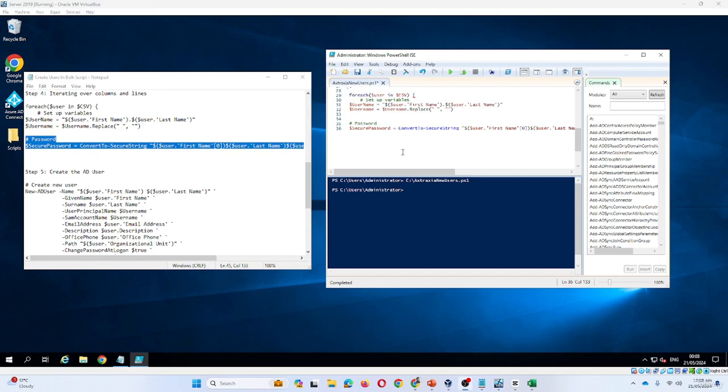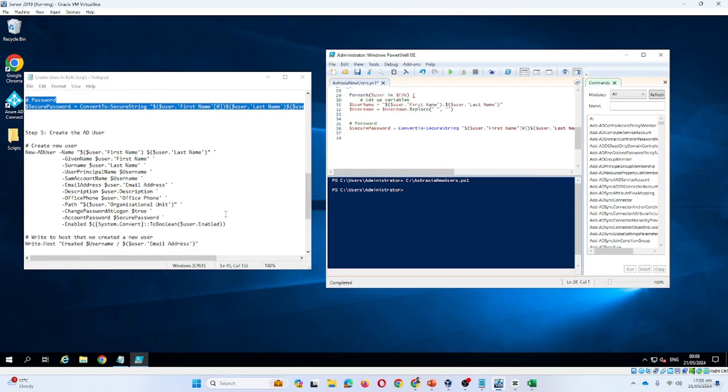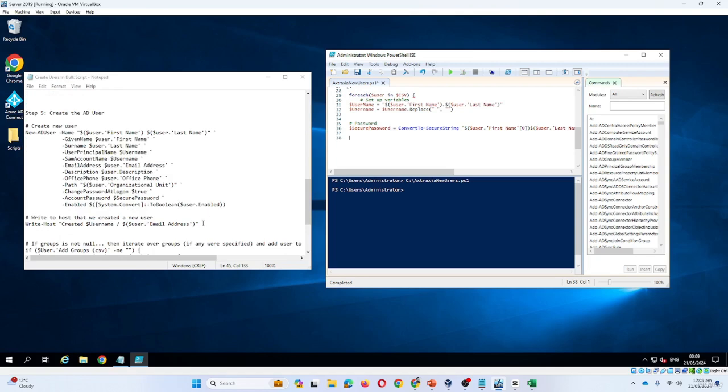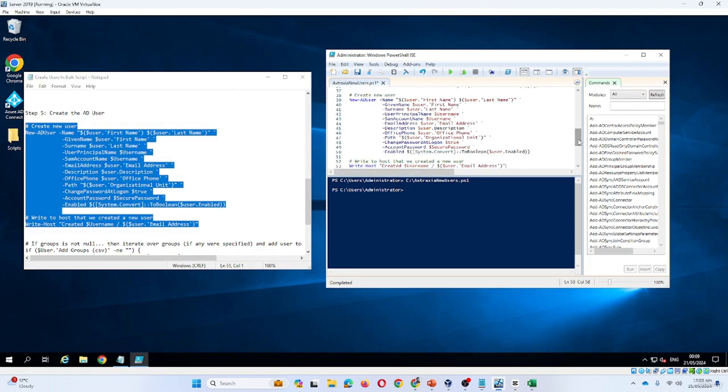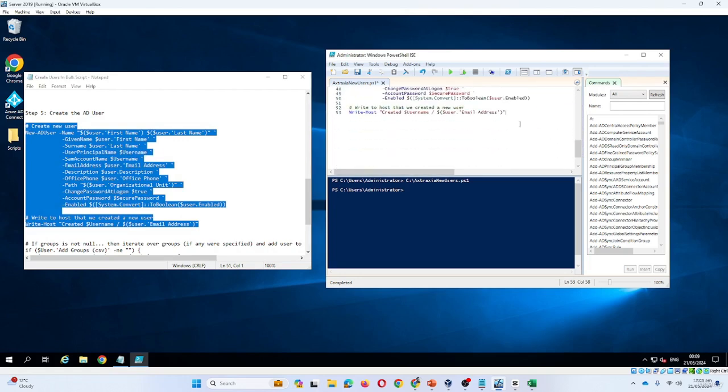So now that we have gotten to specifying what we want the password to be, we want it to be a secure string. The final part of the script is, we have done the import, we have given it all the information it needs. Now we need to give the actual command that would go ahead and take that information from the CSV and proceed with creating the Active Directory users, which is part of the script. So I'm just going to copy this as well, paste it in this, and then